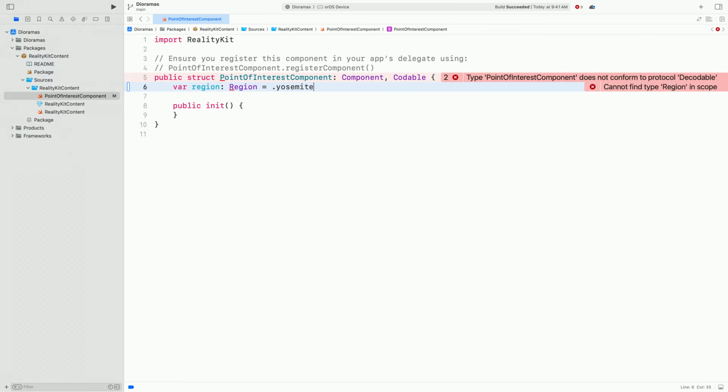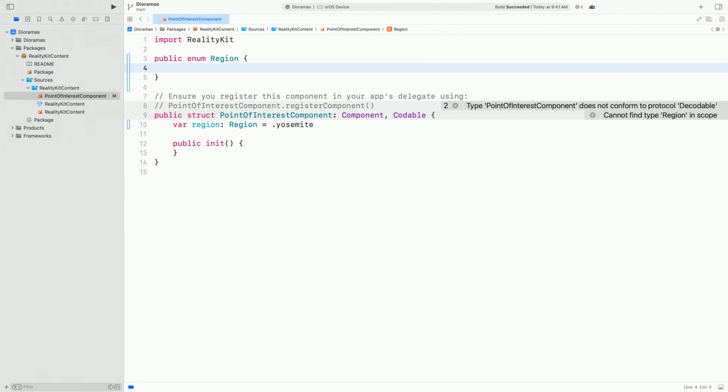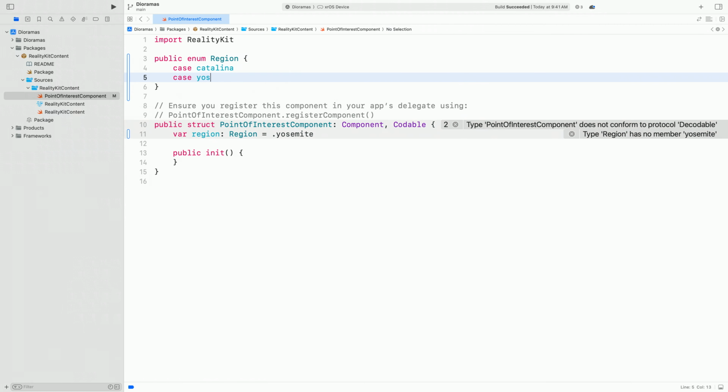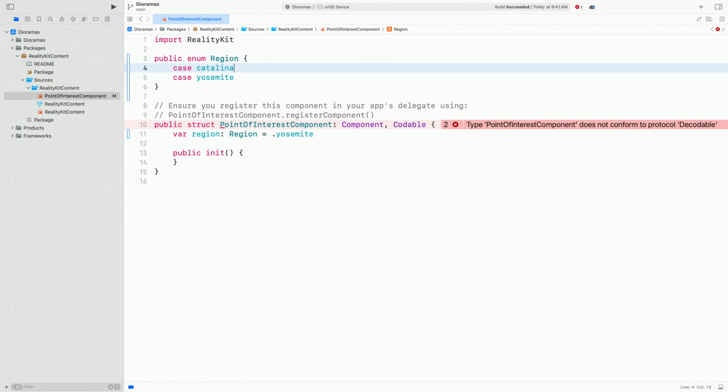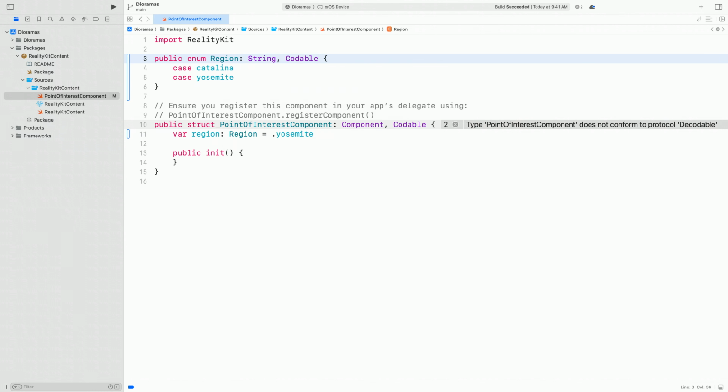Let's make our enum Region up here, and give it 2 cases, since we're only building 2 maps right now, Catalina and Yosemite. It can serialize as a string. We also conform it to the Codable protocol so that Reality Composer Pro can see it and serialize instances of it.